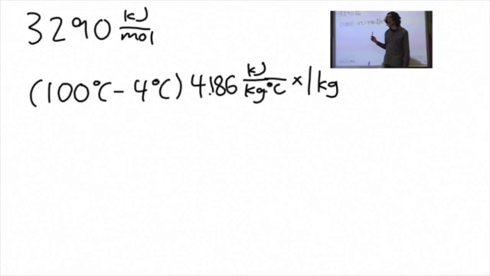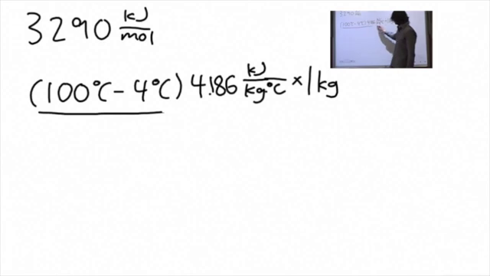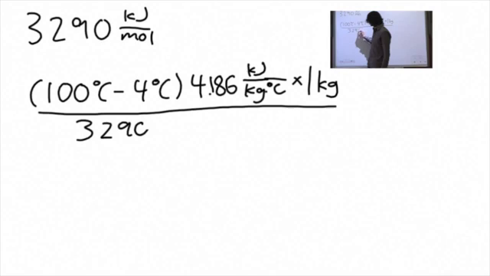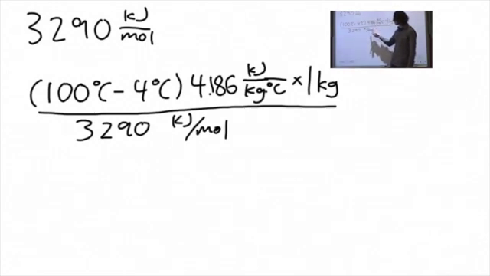Now we can figure out how many grams of TNT we'll actually need. So if we have kilojoules, we divide by this number here, 3,290 kilojoules per mole. Divide by kilojoules, so now this answer will be in moles. And if you know the molar mass of TNT, which is 227.13 grams per mole,